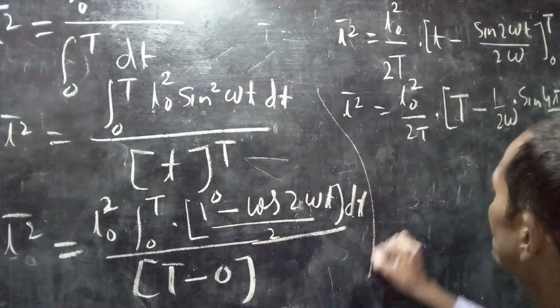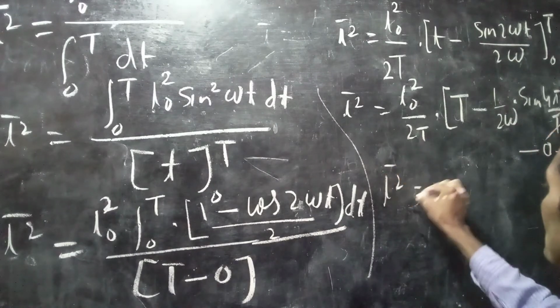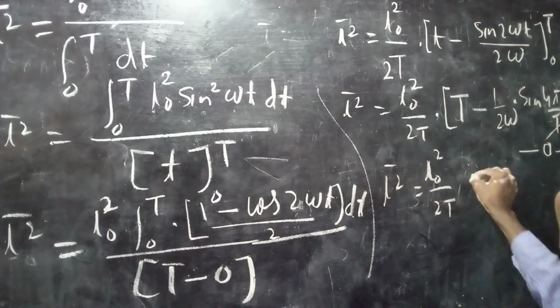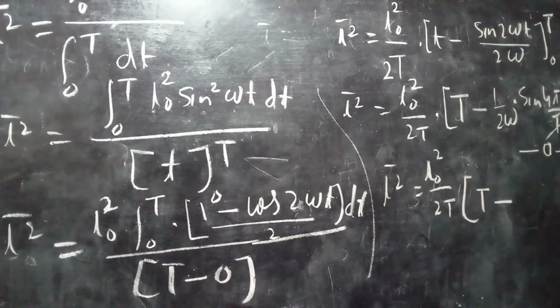So you can write I square bar is equal to I0 square upon 2T into T minus the sin 4 pi term, which is 0, minus the sin 0 term, which is 0. So thus